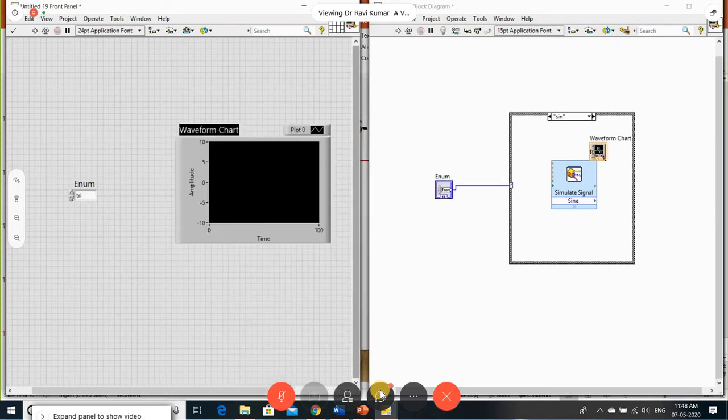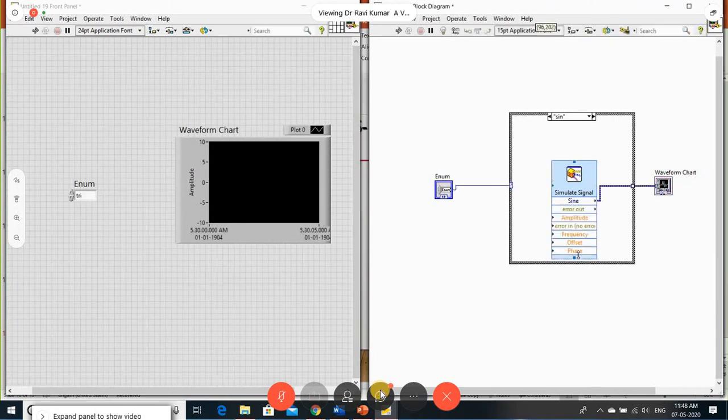chart because I want to continue the value. So here, what are the inputs I want to take? I want to take the frequency, amplitude, and offset. On this, if you give the default, the default signal will come, or you want to modify the input, drag down. You are getting amplitude, frequency, and offset. So I want to change those values.